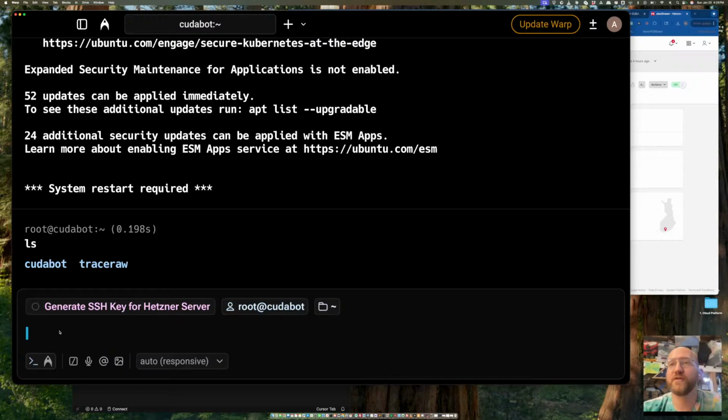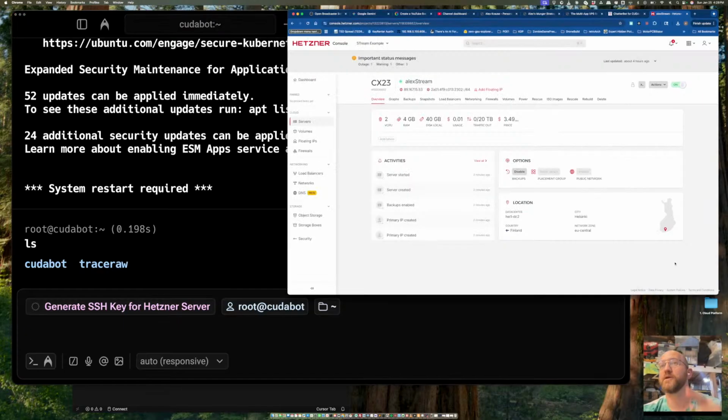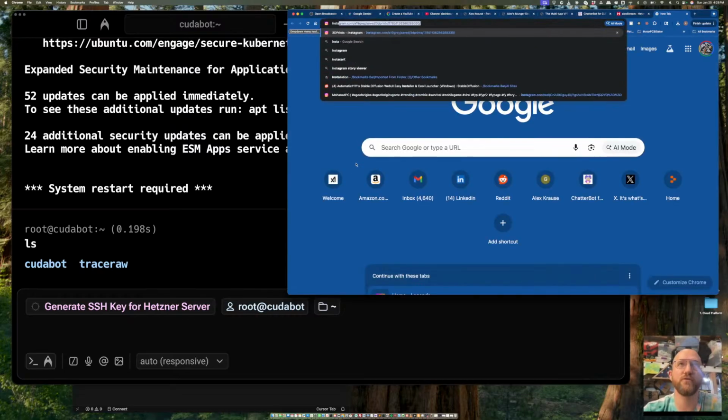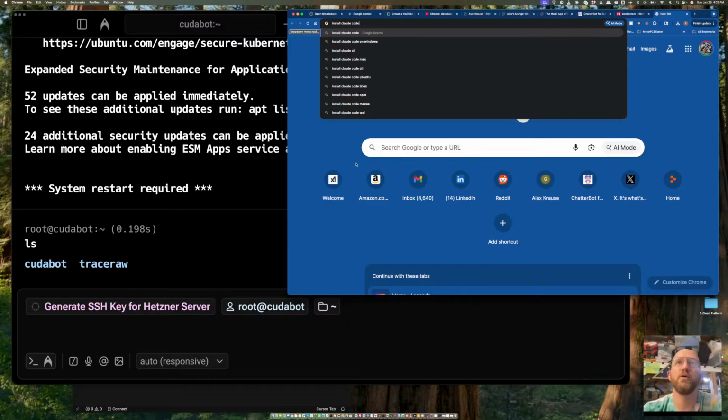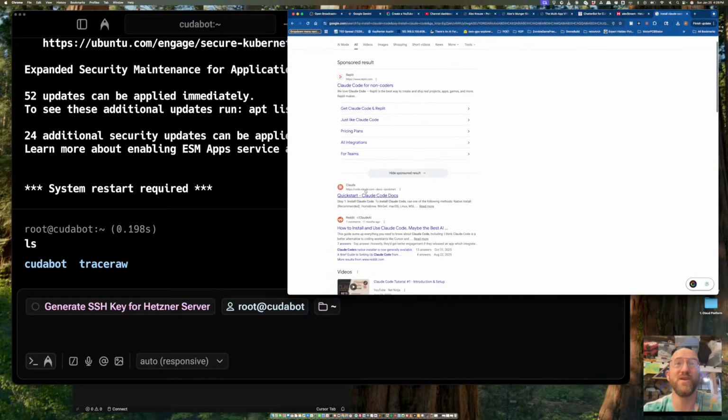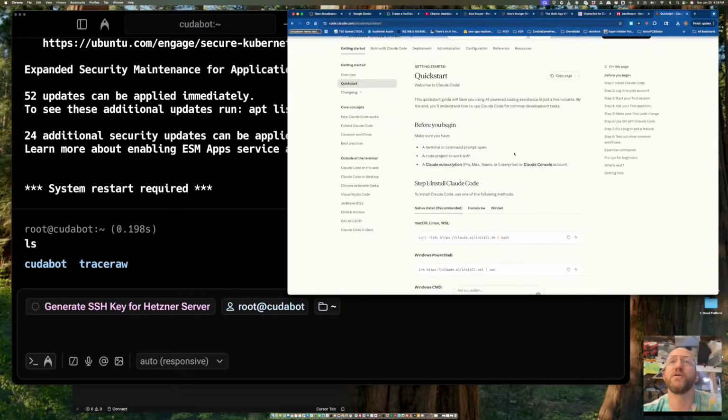Anyway, so what I've done here in my terminal is I'm now SSH'd into the computer I just rented for $5 a month. I didn't SSH into AllExtreme, I'll SSH into this other one I set up before. And then the first thing you want to do is install Claude Code. I think they updated it recently. They made it really easy to install Claude Code, and it's